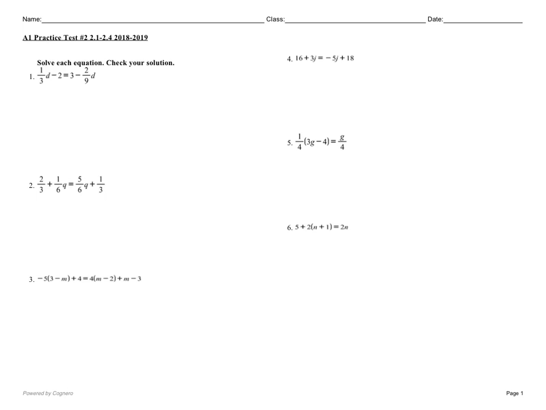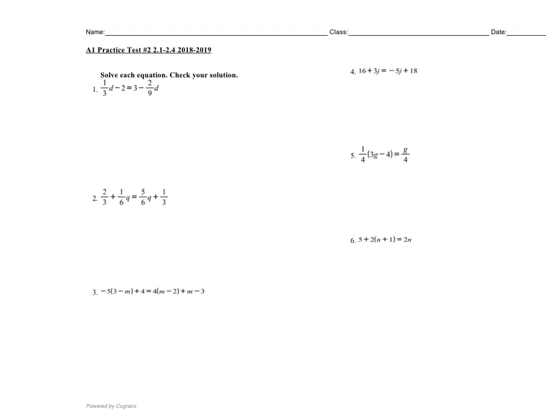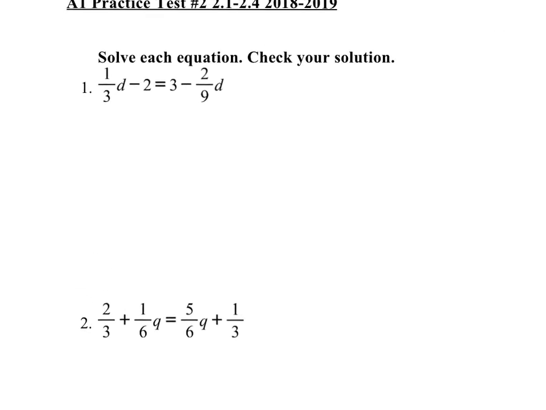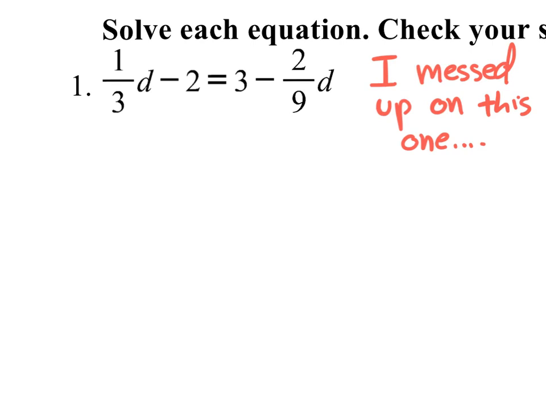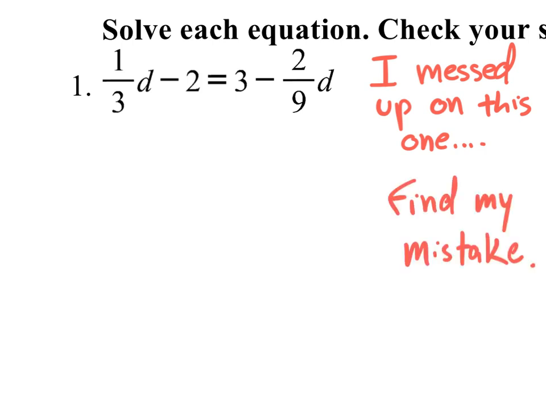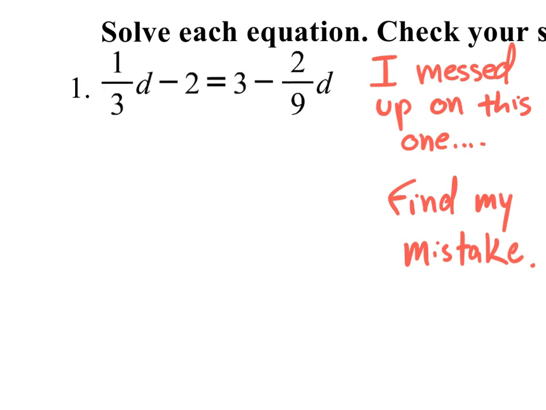So we're going to go over this practice test, which is almost identical to the test. As you can see, we have equations that have fractions in them, like number 1 right here on this practice test. And the thing to remember when it comes to equations that have fractions in them is that you could get rid of any fraction as long as you multiply everything by the denominator. Okay, so if you wanted to get rid of fractions right off the bat, you could multiply everything by 9. That way the 9 will cancel, but you'd also have to multiply 3 times 9, 2 times 9,